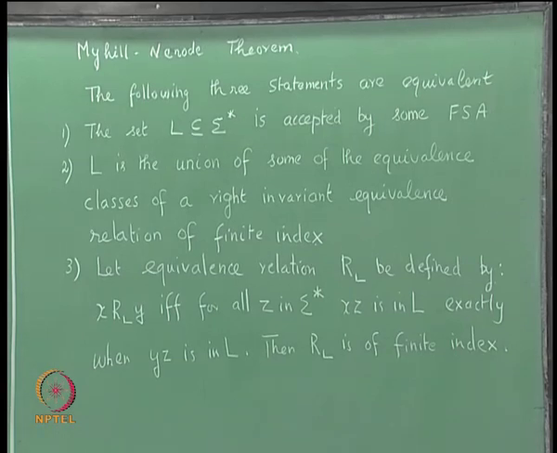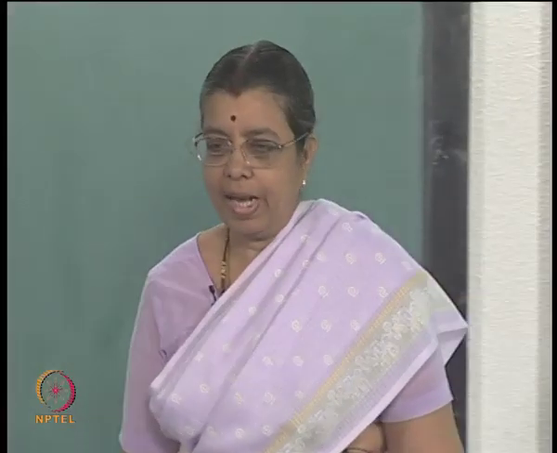Okay. So, we will prove this theorem and then see how this theorem can be used for minimizing an automata. We have seen in some examples where the same set will be accepted by two automata, but one will have lesser number of states than the other. So, how to minimize a DFSA? For that the idea in this theorem will be useful, and also we used pumping lemma to show that certain sets were not regular, okay.